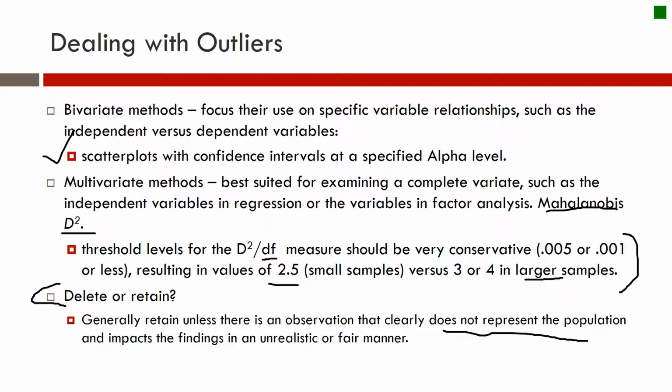And then we have to deal with it, because if you're going to eliminate it, then you're going to deal with a missing data point. So you want to think about the ramifications of creating missing data in that case. Okay, so this has been a very quick and to the point discussion on outliers and univariate, bivariate, and multivariate approaches when we think about how we want to deal with outliers and what to look for.